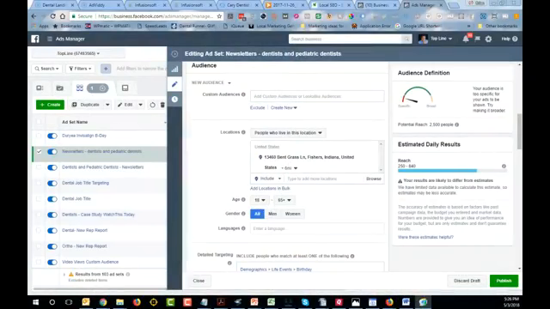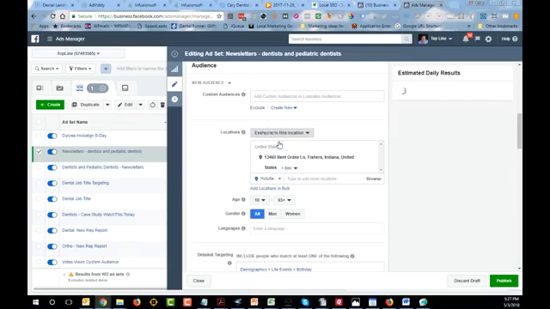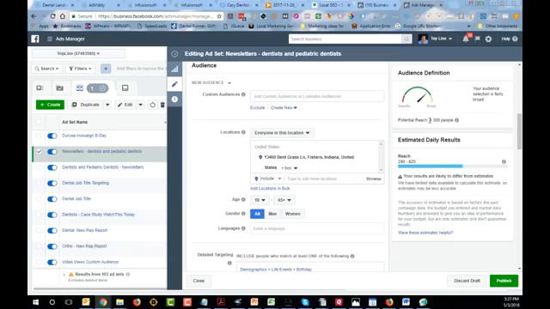Now, let me switch on over here to my other camera, and I want to show you exactly what we're looking at. You'll see here that this particular one, for just Indiana, we're in the red, right? We're a little small, so it's a really tight radius, and we might think, okay, let's improve that. The other thing is that you might think, you know what? I'm in a location where there are a lot of people who work here, so I don't want people who live in this location. I want everyone in this location. And suddenly, we've got a much bigger number. So we have to look at these things one at a time